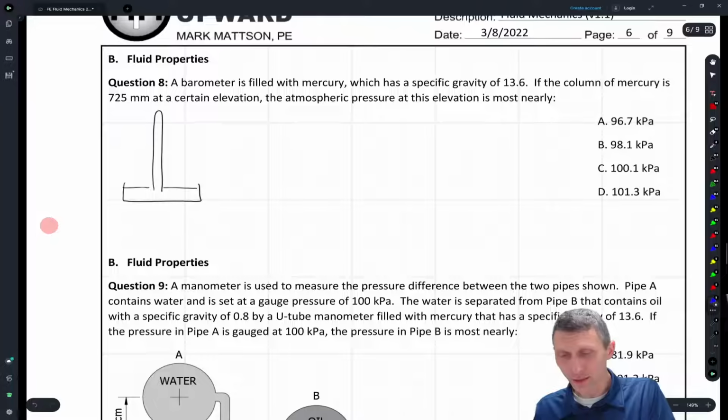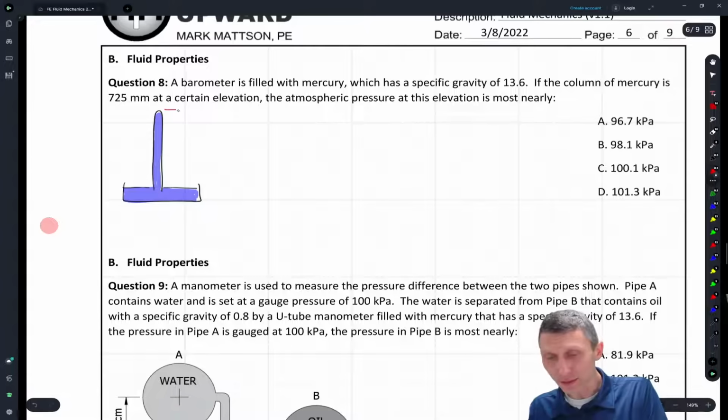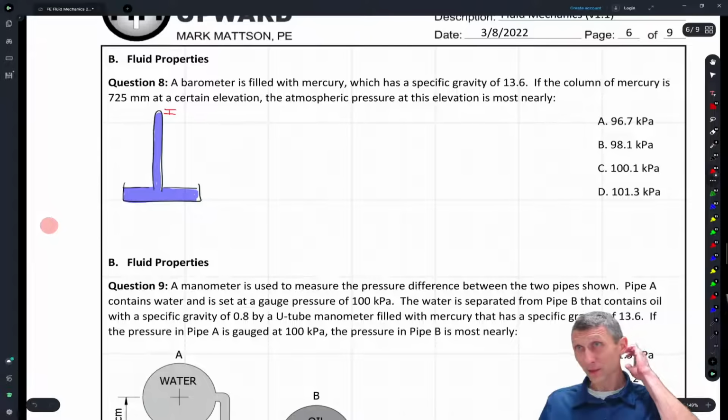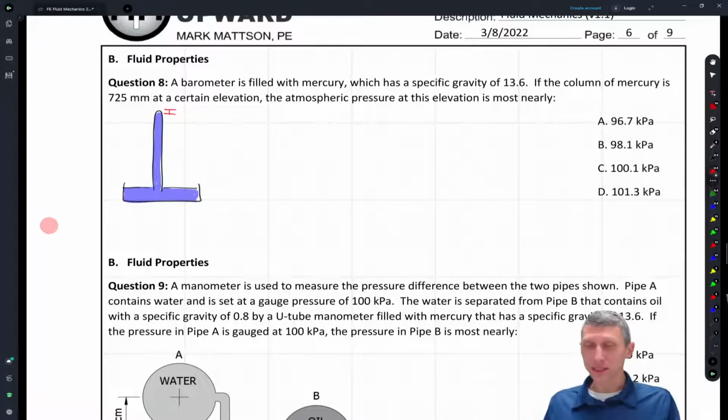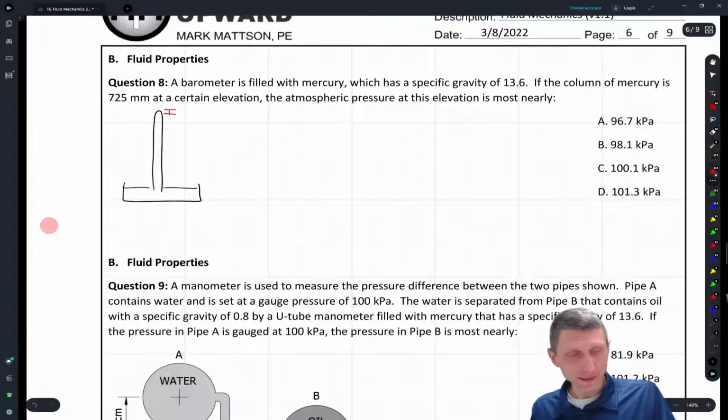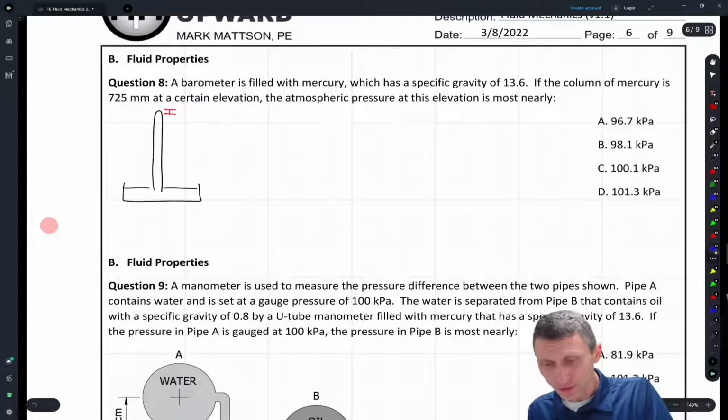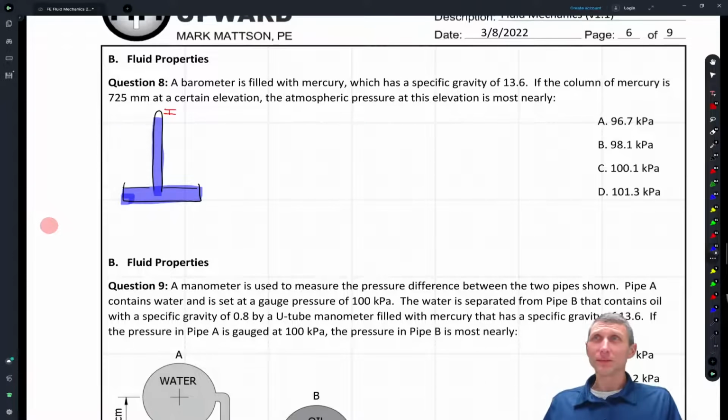So this is where we have this tube, and it's exposed to the atmosphere, and then you fill this tube up and turn it upside down and stick it in, but there's this little gap, and I didn't do a great job of showing this. There's a little gap up here that is a vacuum. Okay, and in mercury, it's pretty much a vacuum. Let me redraw this because I didn't draw that well. So there's this little vacuum up there, right? And in mercury, the vacuum pressure is basically non-existent,